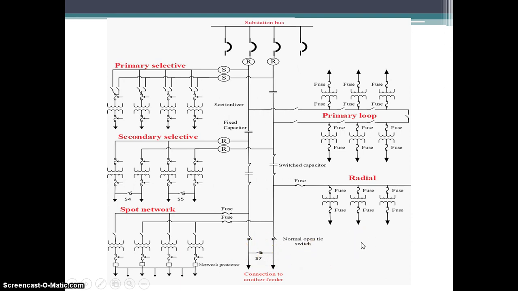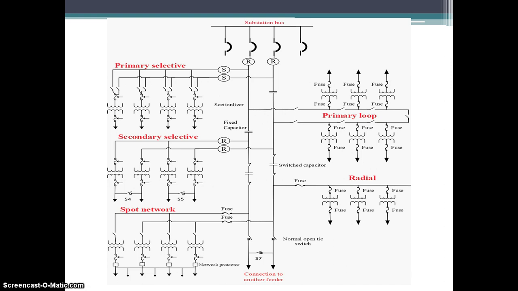So this is a typical representation of a substation, with bus bar and feeder, lateral sectionalizer switches, recloser arrangement with primary selective, secondary selective, primary loop, that is ring type of arrangement, radial, and spot type of network.